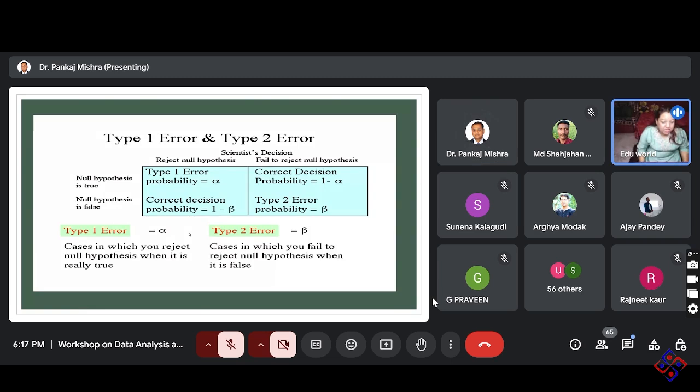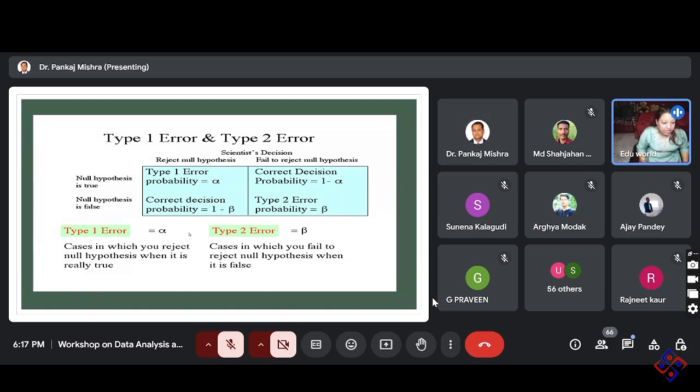While conducting the research, two types of error are very much common while collecting the data as well as when you are standardizing the data. This is the last one we will do. So the first one is the type 1 error and the second one is the type 2 error.